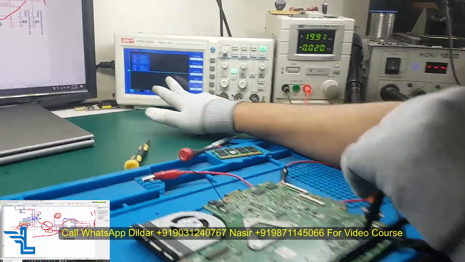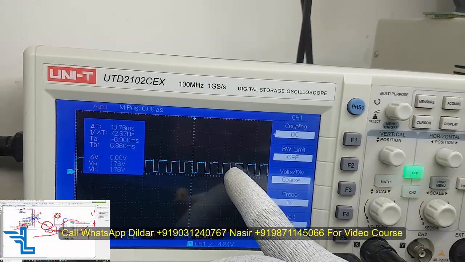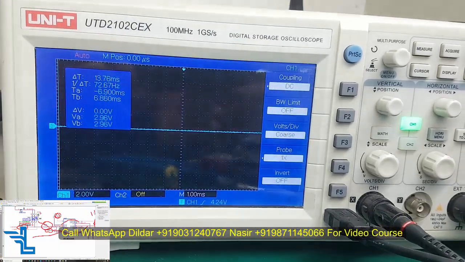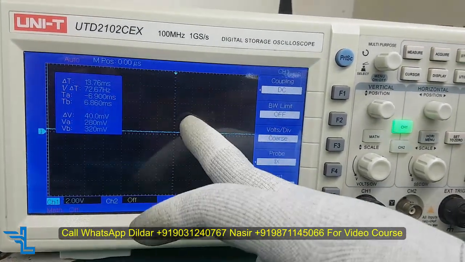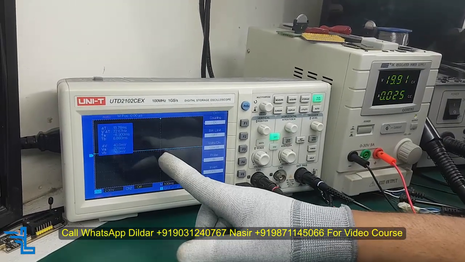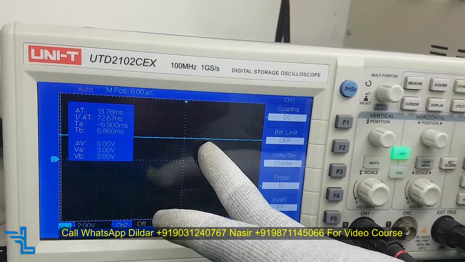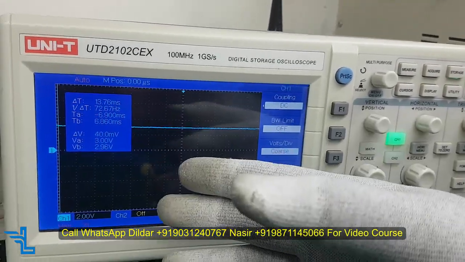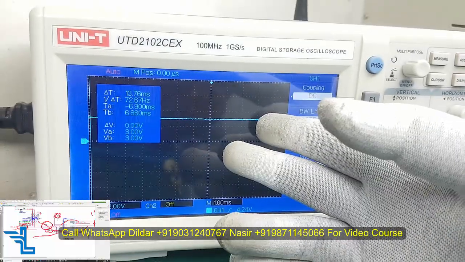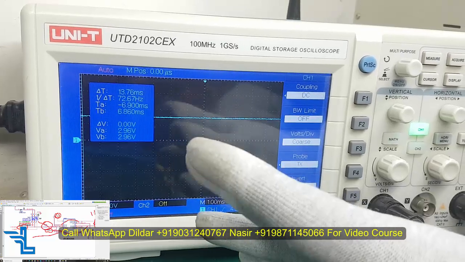See how my voltage is changing. There is some ripple. So again let me demonstrate how it is behaving. It is behaving like a PWM pulse, and then it is forcibly turning into a DC line, and it seems that we are checking the 3.3 and 5 volt buck regulator PWM section.